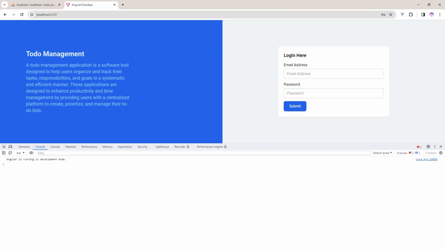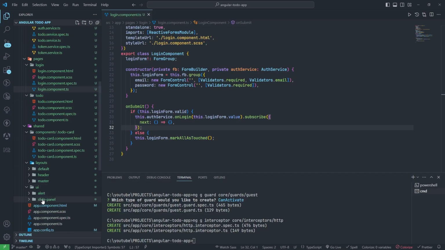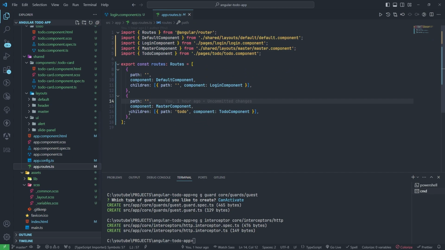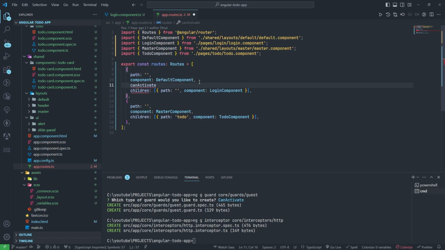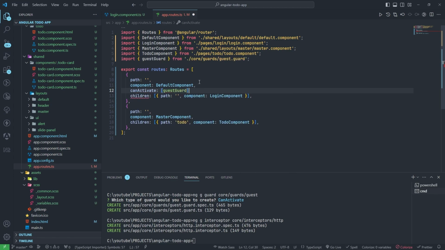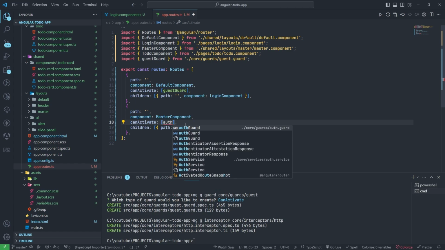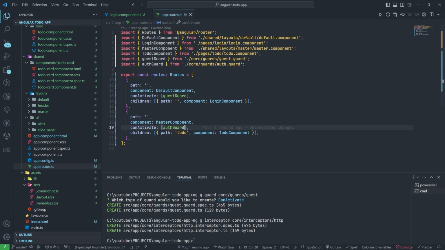So I'm refreshing this one. What I need to do is add here. First of all, in the app routes, canActivate, I need to add the guest guard here, sorry. Okay, the same, that will be the auth guard, right? Okay, now again we need to do,